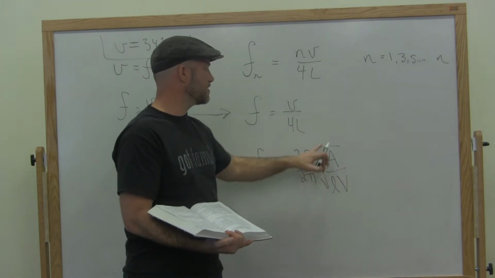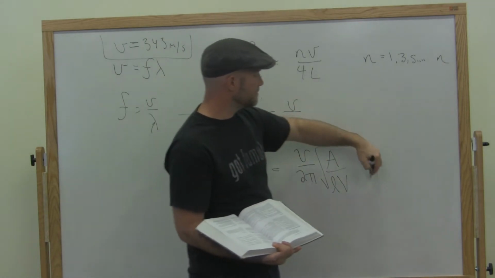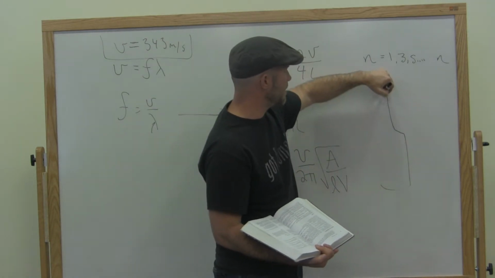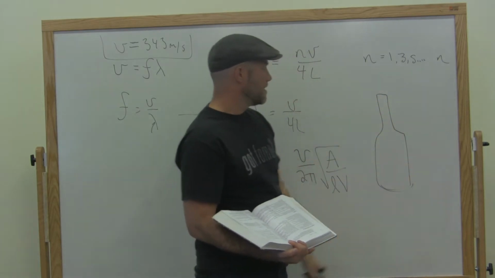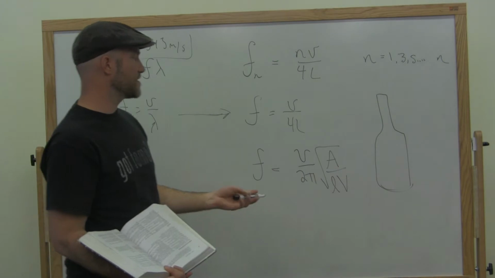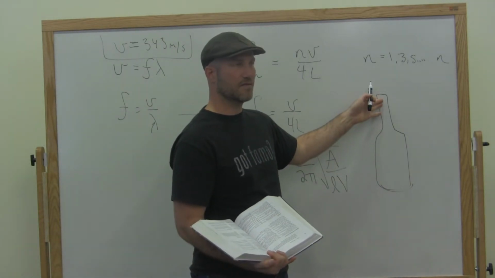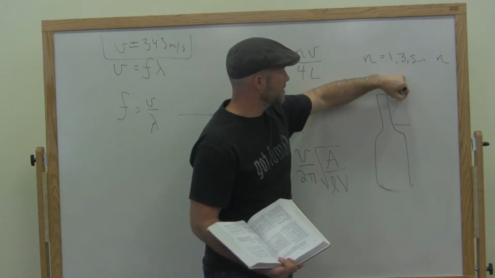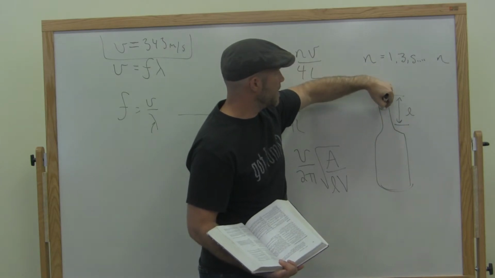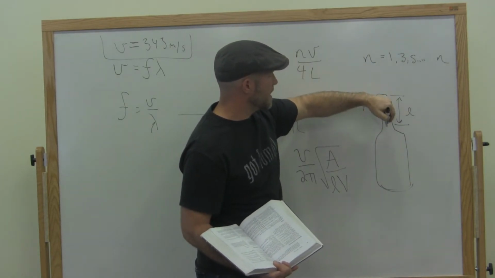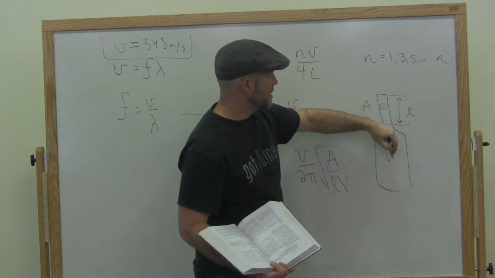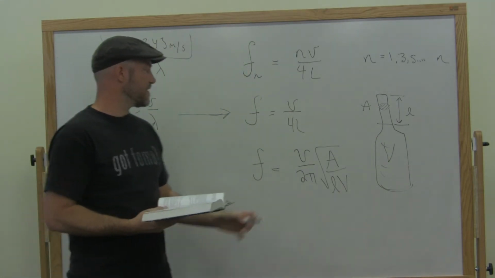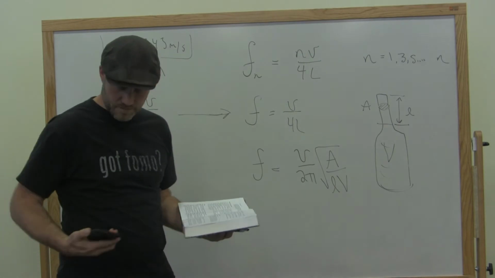2 pi is just a number, square root. And so what are these different things here? Well, V is the volume. And remember, this is modeled as sort of a bottle. This is the way it might work if this were the pharynx and the oral chamber. And so the effective length of the neck of the bottle is our value L. The area of the bottle is our value A. And then the volume below L is value V. So those are the values that would be given to you